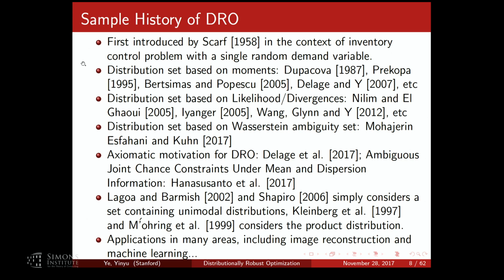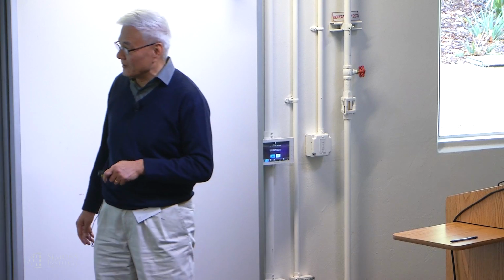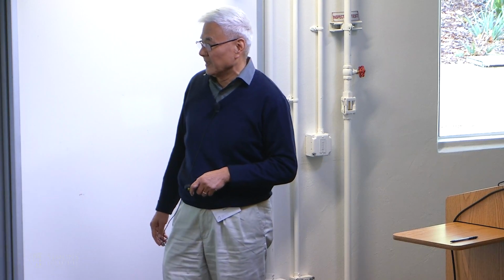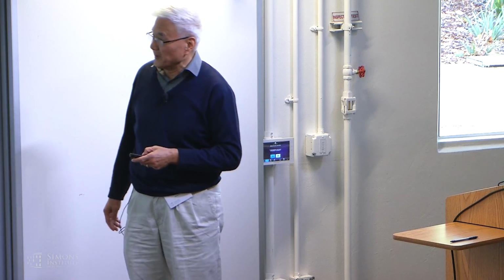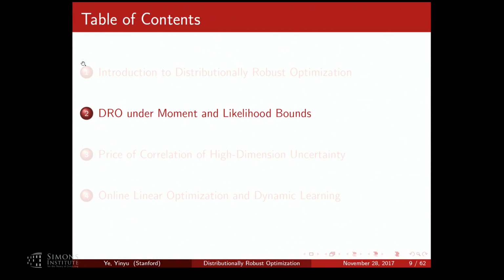Then some work on the mean and the dispersions. And we also have a paper that basically considers a distribution set assuming they are independent. So instead of multivariables and finding the joint variance, they just forget it, use marginals, and assume this is a product distribution. So we'll talk about some of this. There are applications in many areas, okay. I'm going to briefly mention some of these.